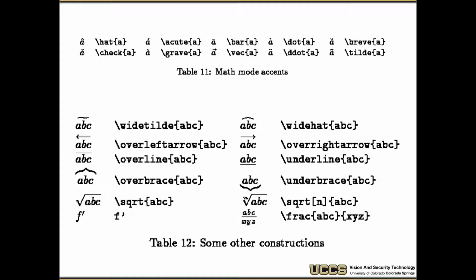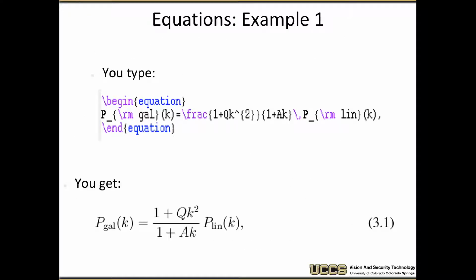It can do things like arrows and squiggles and over braces and square roots over various sizes of symbols. That can be very powerful as you're trying to put stuff together, hats and quotes and whatever. You type an equation in, just as an example, and you can get, in a very small amount of space, pretty nice looking equations. A number of websites now use what's called MathJax, which is actually a LaTeX version made for